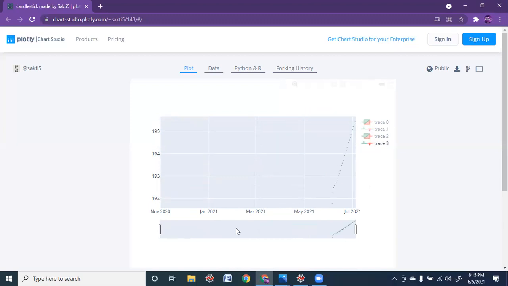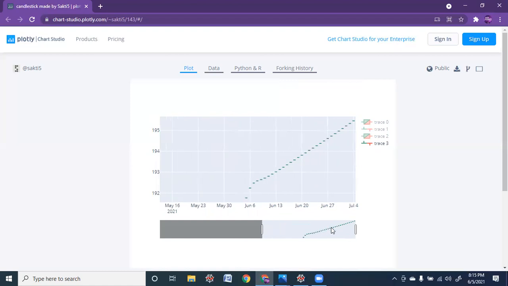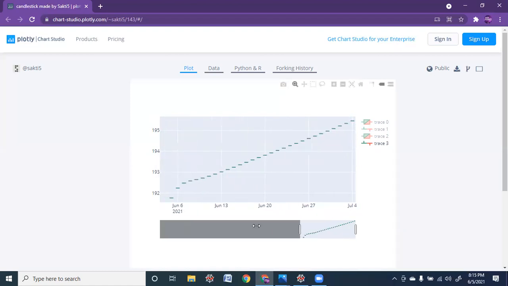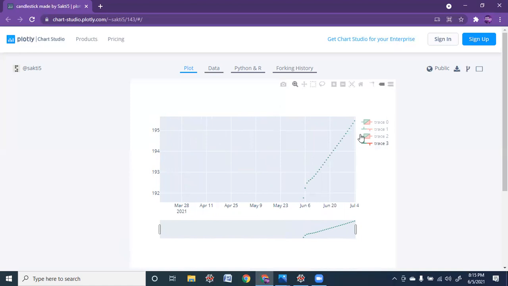Trace 3 will give me the forecast. For only that month, you can extend and enlarge it so that you can see the total forecast. The stock trend is in the upward direction, so it is giving the trend as well. This is how you can find the stock prediction along with forecasting.